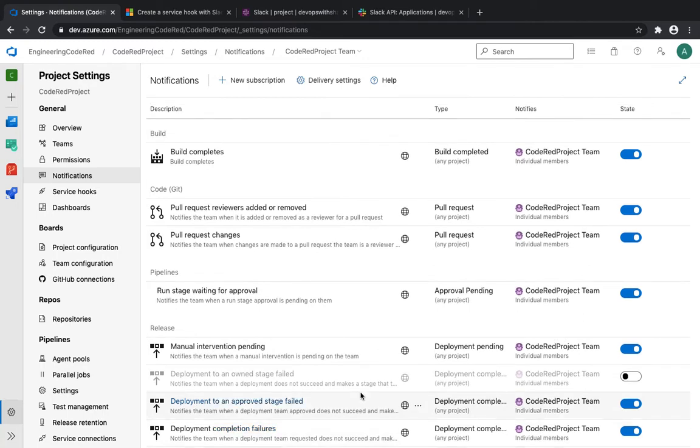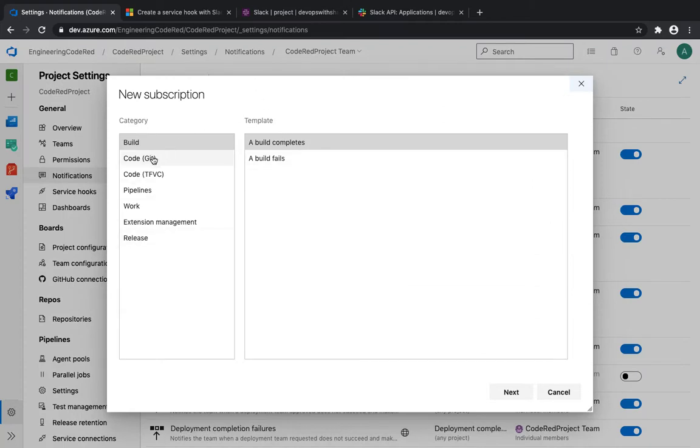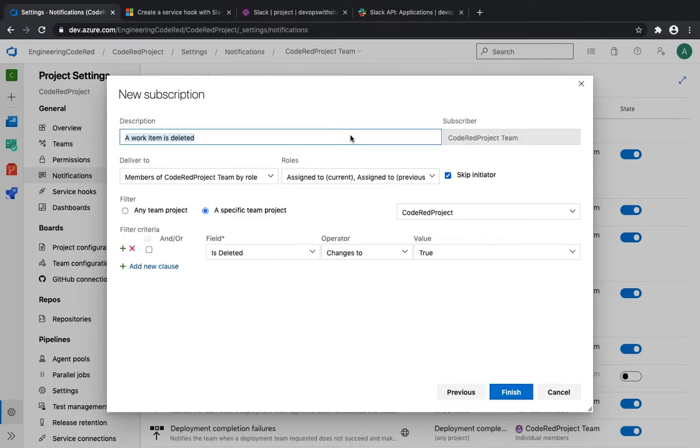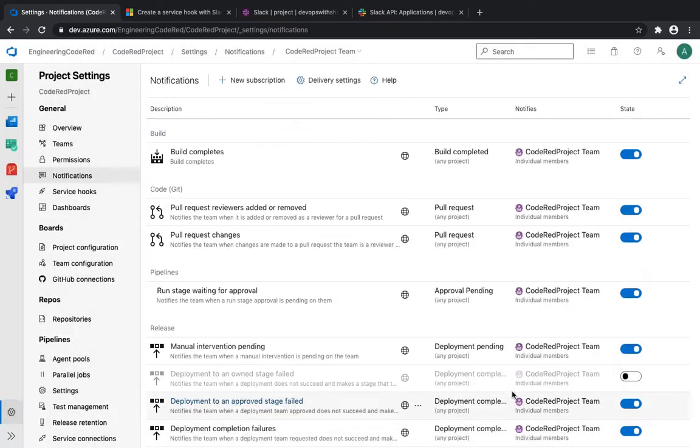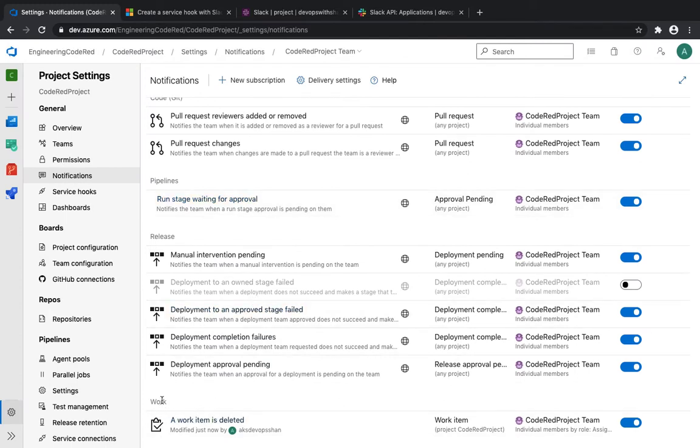However, if you wanted to add a new one, you could go to the new subscription and select from any of these categories. Now the first one is build, whenever the build fails, and I've got code as well, and you've got pipeline as well. If you go to work, if any of the work items is deleted, probably you want to get notified. And if you click on finish, it should be right there under work. Now you see that the work item is deleted. That one is added, and it was added by myself. And yeah, that's how you could have multiple custom